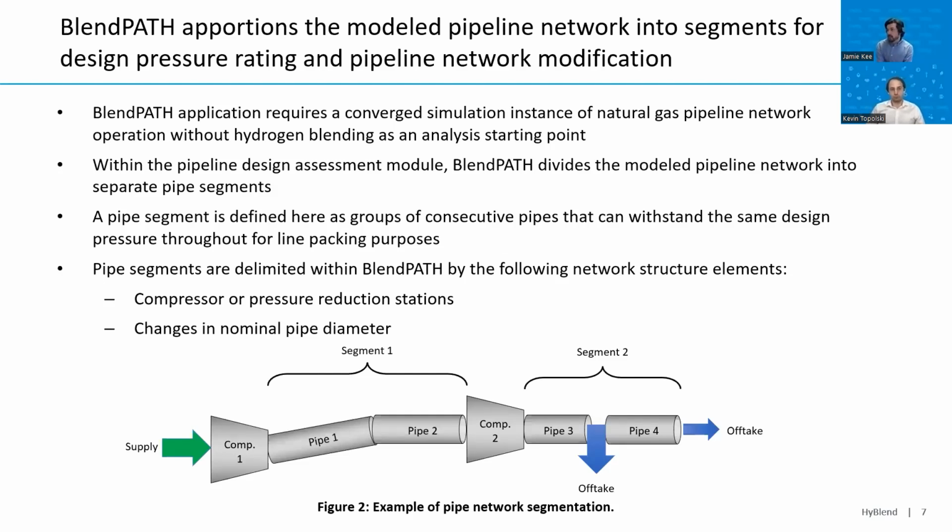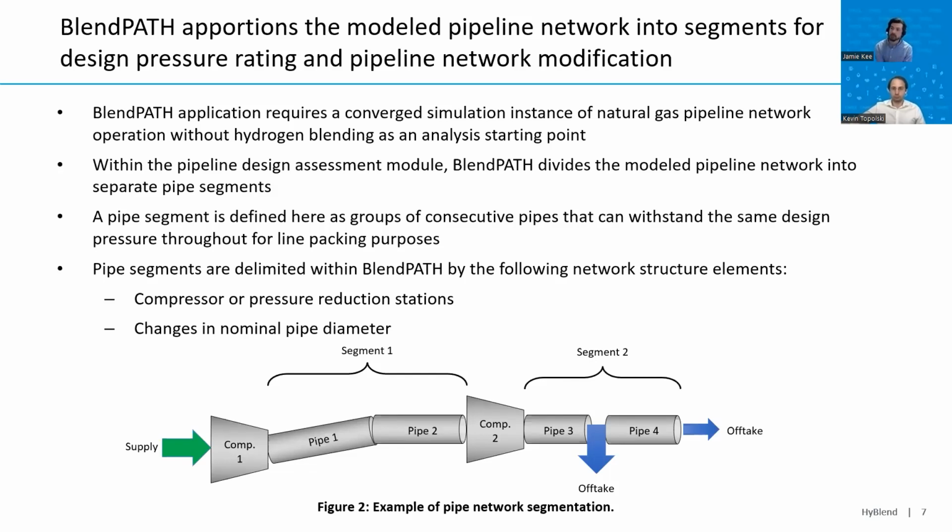BlendPATH apportions the model pipeline network into segments for design pressure rating and pipeline network modification. The first step is to start with a converged simulation instance of a natural gas pipeline network operation without hydrogen blending, and that's the analysis starting point. What this means is the input files need to be valid, such that it is a network that solves and gives reasonable hydraulics. Without that, the following analysis is dependent on that, so it needs to be on the